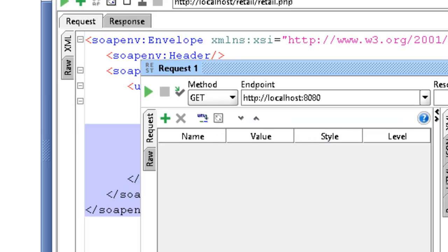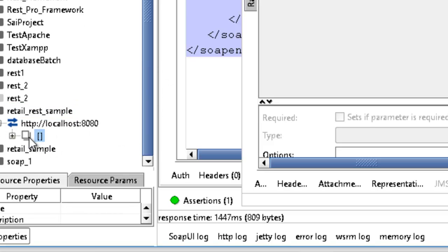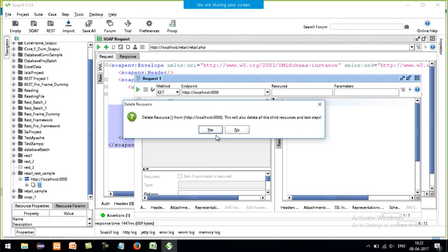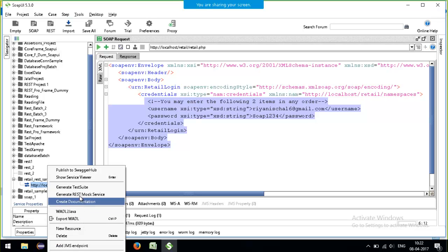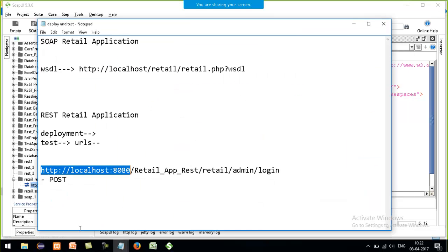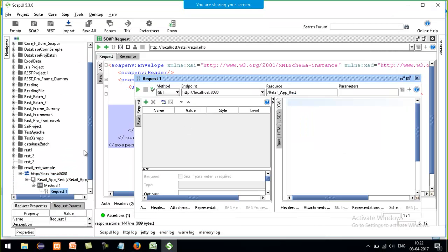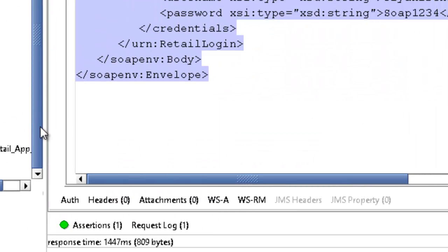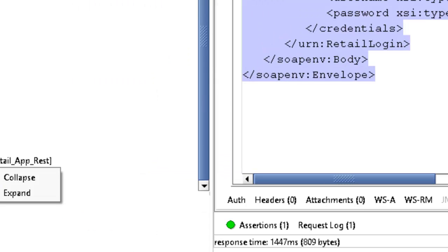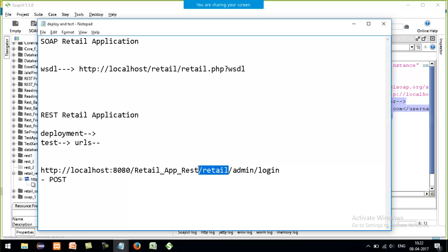Under this, what you need is to create resources. So firstly delete the resources which you get by default. Under this endpoint, create a new resource. Here are the options, new resource, and after 8080 it's this one. All of these are your resources available under the URL, and done. Again delete these methods and requests, you don't need them. And now under retail app rest, right click, new child resource as retail,